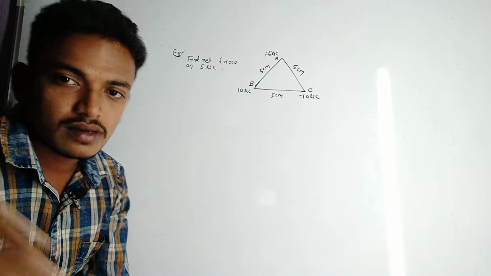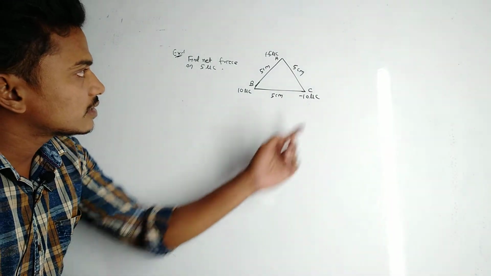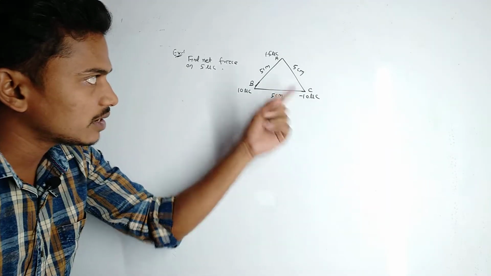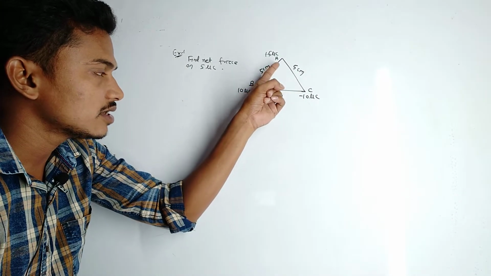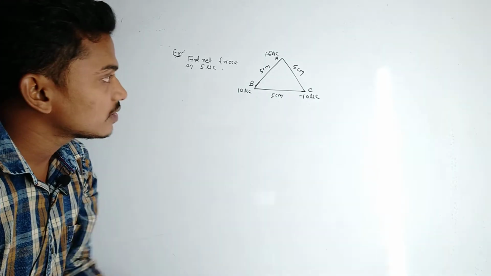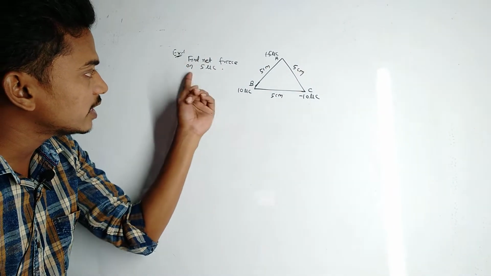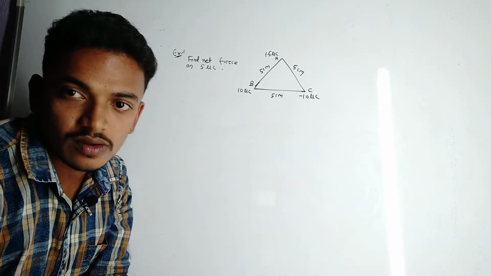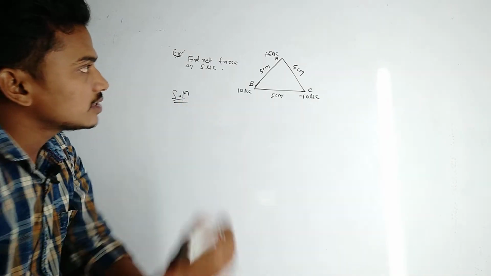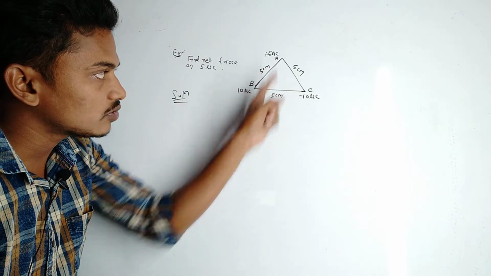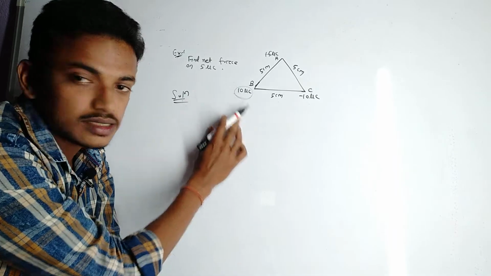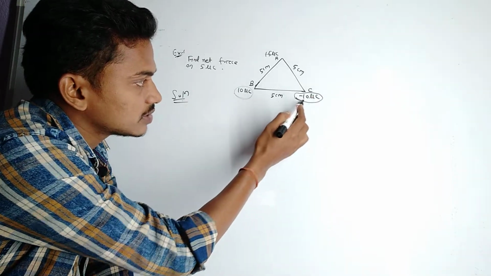Now see example 1. Three charges 5 microcoulomb, 10 microcoulomb and minus 10 microcoulomb are placed at the three vertices of an equilateral triangle of side 5 cm. The question is: find the net force on the charge 5 microcoulomb. The solution: the net force on the 5 microcoulomb charge is due to this 10 microcoulomb charge and this minus 10 microcoulomb charge.